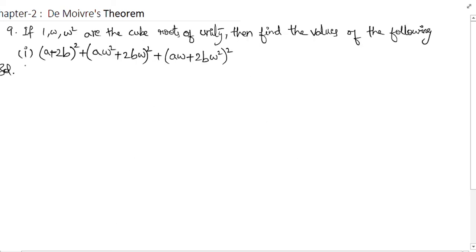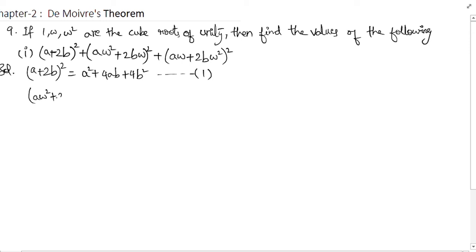So here is our ninth problem. If 1, omega, omega square are the cube roots of unity, then find the values of the following. So totally here 6 bits are given. First we'll go with the solution of the first bit. So (a + 2b) whole square is equal to a square plus 4ab plus 4b square. Okay, this we will consider as 1, and then